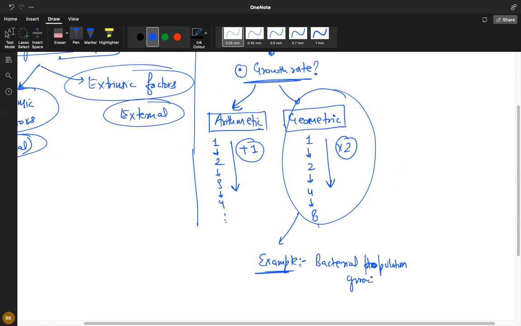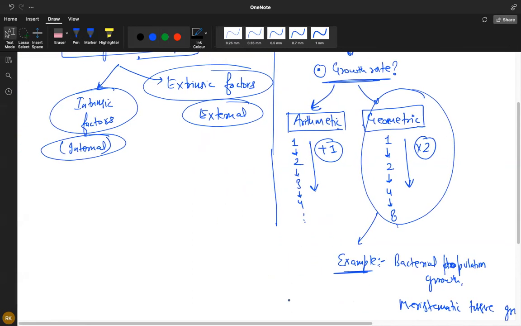Bacterial population growth or meristematic tissue growth, because that also divides. That's why I'm using these two terms. Okay. So these things I will teach you the next to next class, but